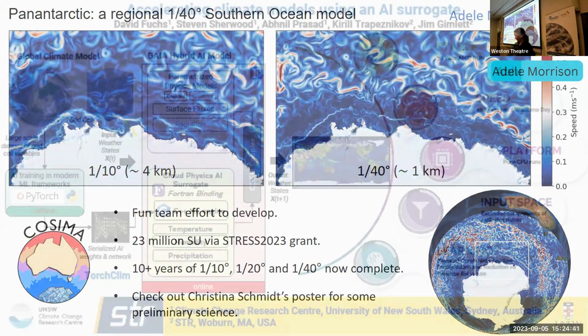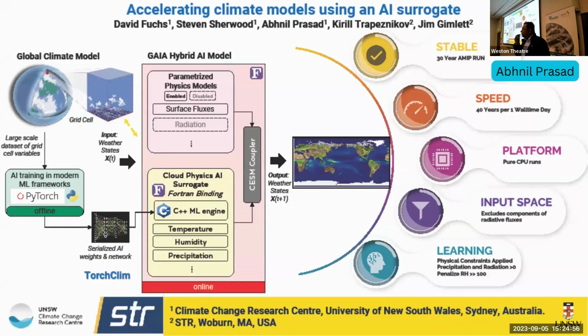Great. So we know that global climate models are quite expensive to run. They also do not resolve subgrid scale dynamics. So we can use machine learning, data-driven models to emulate some of these physics. The problem is that most of our GCMs are typically written in Fortran, and machine learning models are done pretty much in Python. So we came up with a new Python Fortran bridge, which is called TorchStream, which helps us to integrate machine learning models into GCMs.